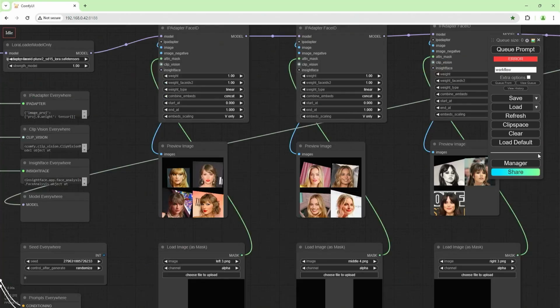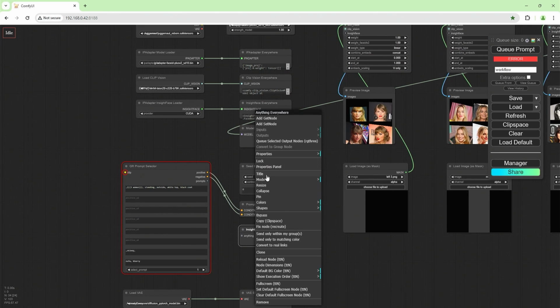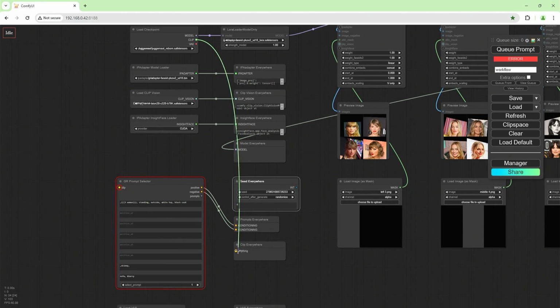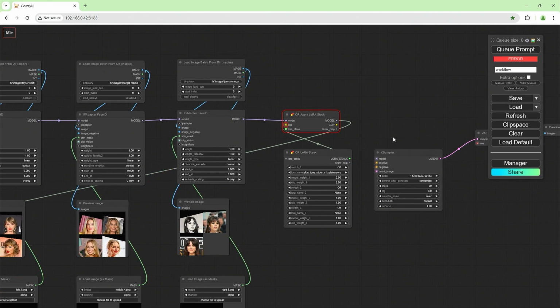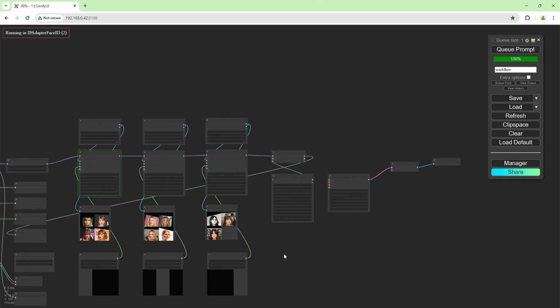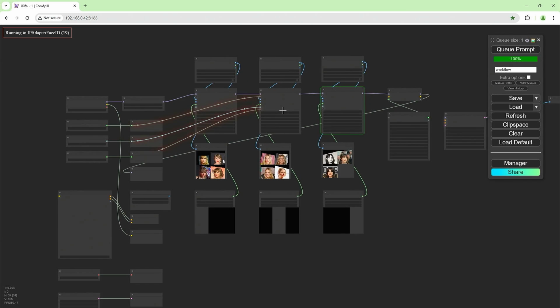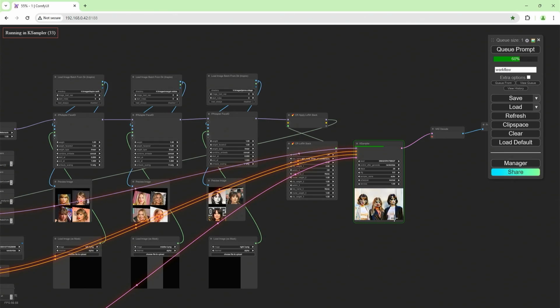We missed a clip. Okay, so I need one of these. I'm going to put this over here, rename this, clip, and join the clip from this to this, and that also connects it to the prompt. And over here I should go through this. It's running there, and there we have